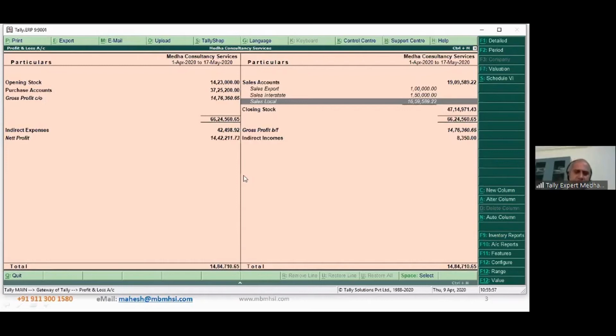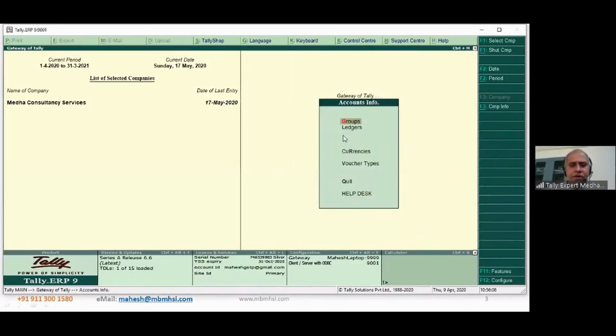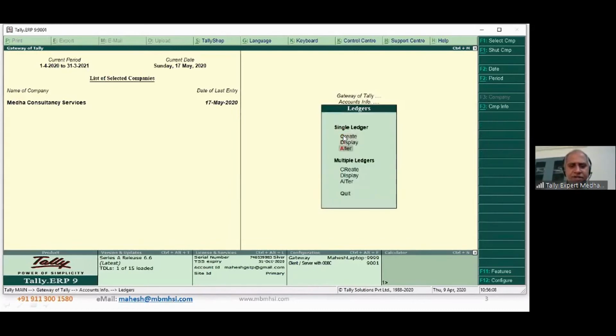Okay. So example, let me just give you an example since we already have the data over here. I'm just going and creating broad ledgers under sales.